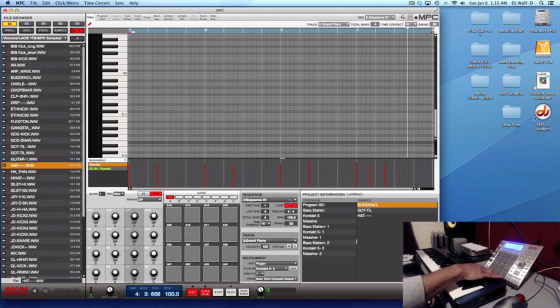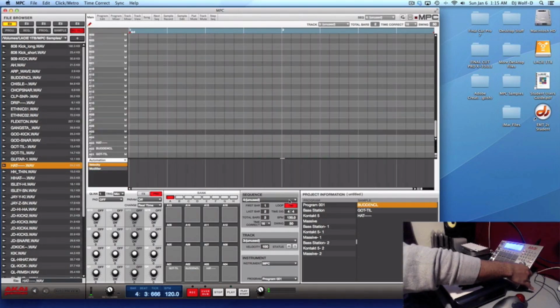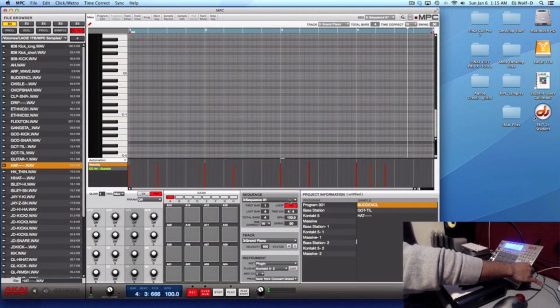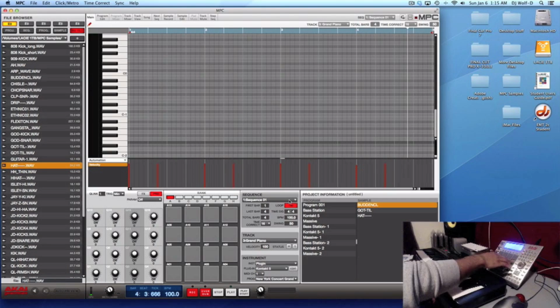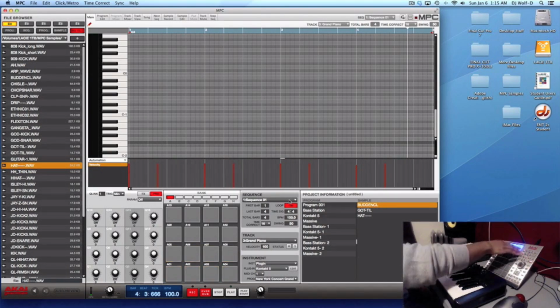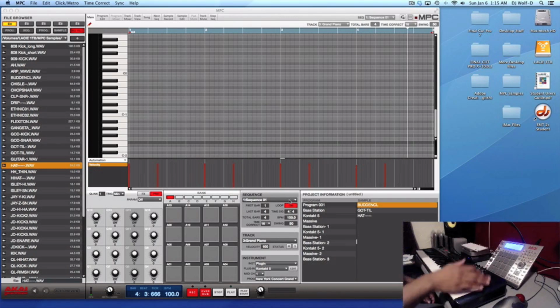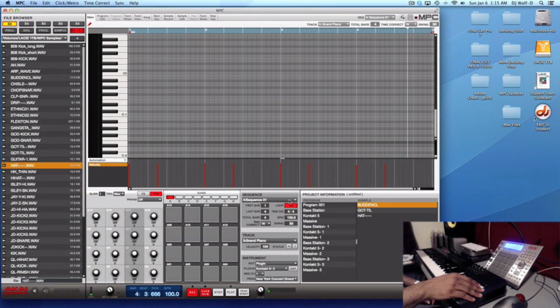Okay, that'll work for sequence 3. And sequence 4, let's copy sequence 1 once again. Sequence edit, copy a sequence over the contents of sequence 4. Okay, so sequence 4,